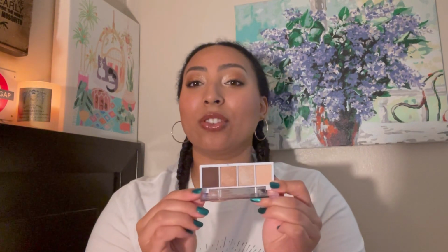So this entire palette is going to be panned by the time I level up to level 5, which is kind of exciting but also a tough feat. But I actually feel like this might be a little bit easier than hitting pan in the pumpkin pie quad, because this one is just straight up neutral, whereas this one was very warm. Sometimes I didn't feel like wearing warm tones, and also I can use all 4 shades in the same look,